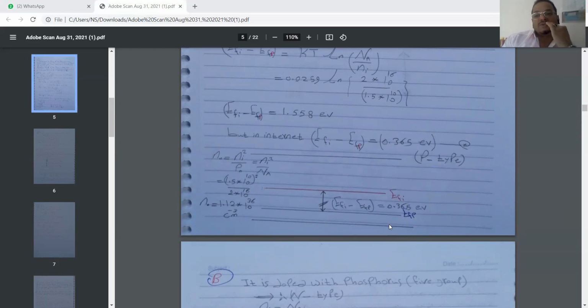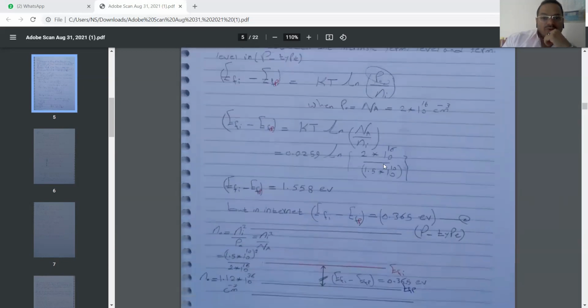We will use it this way, okay? Now let's complete it. kT at room temperature, we know, equals 0.0259 times ln of the concentration of acceptors divided by the intrinsic carrier concentration at room temperature,